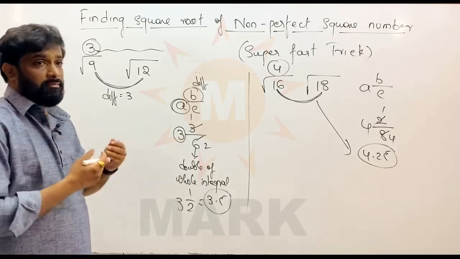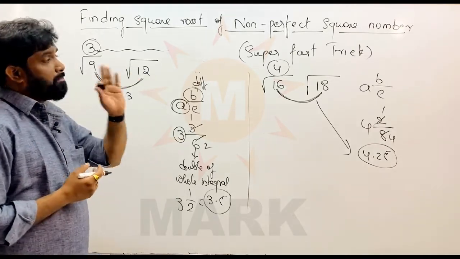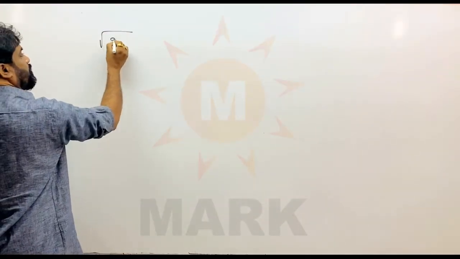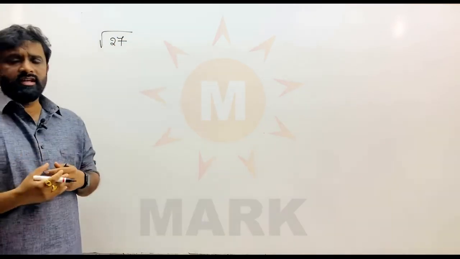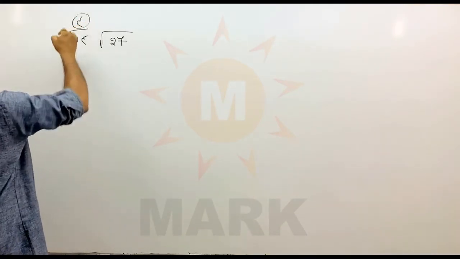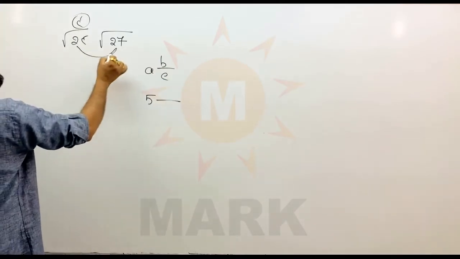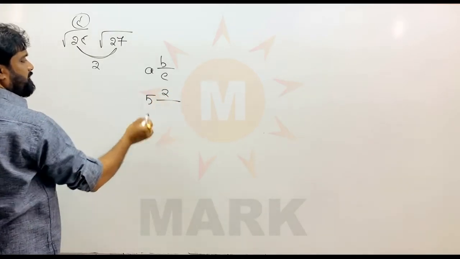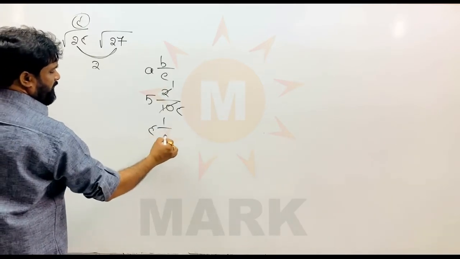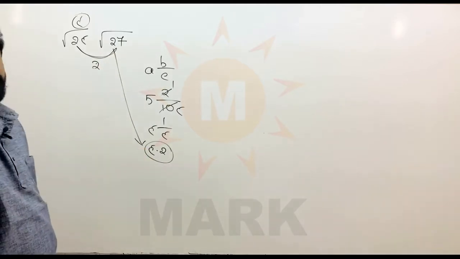Okay. So this is how to find manually, using pen and paper, the square root of non-perfect square numbers. Now we shall move on to another example. Root 27, friends: I am going to find the square root using our method. I am taking root 25, which is 5, so I write 5 as the whole part. The difference between 25 and 27 is 2. Double of 5 is 10. So 5 and 2 by 10, that is 5 1 by 5, which gives 5.2. So 5.2 is the approximate square root of 27.